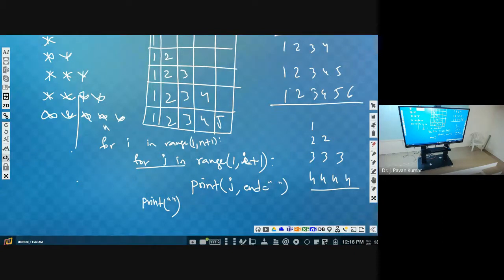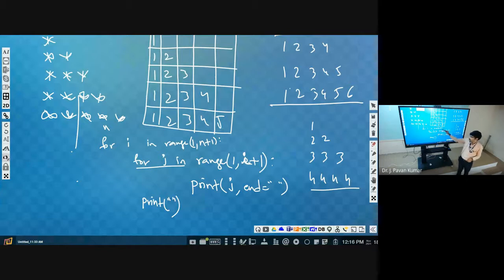How can you print? Here also, how do we have to analyze? How many rows? 4 rows. In the first row, how many columns? Second row, third row, ith row, i. So it's a similar pattern, isn't it?